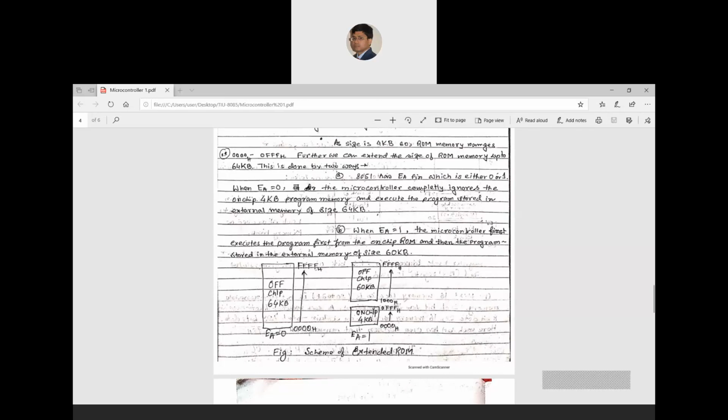It will start from the first location of the external ROM, that is 0000H, and it will end at FFFFH. That means here also I am using only 64 kilobyte of ROM size, but I am not going into internal part, because here the complete address is external, but in the right hand side case, some portion is internal and some portion is external. So these two architectures completely depend upon the pin value of EA. So that is the thing.